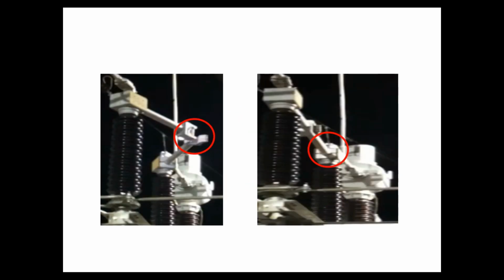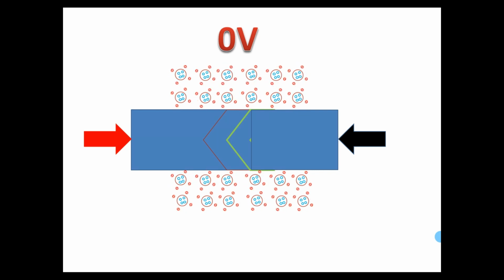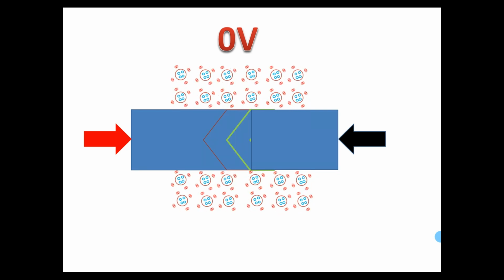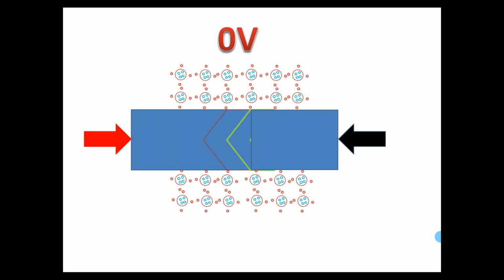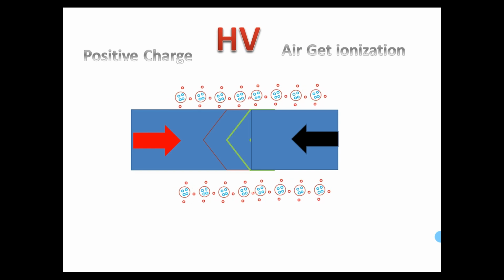When we see the isolator joint place, it has some edges on it. Let us consider this an isolator in this animation. At normal condition, there will be air present around the isolator. When the isolator does not have any voltage on it, the air surrounding the isolator will not have any reaction. But when the isolator has high voltage on it, then the surrounding air gets ionized. Particularly at the edge of the isolator, the ionization will be more than at a normal place due to this high voltage. Now we can see slightly about ionization.